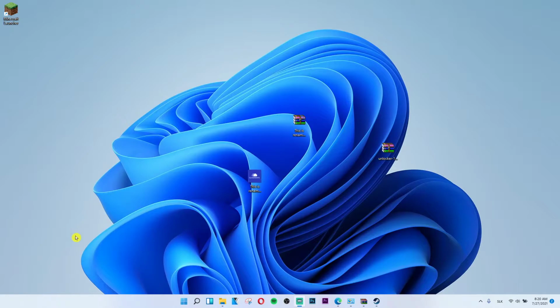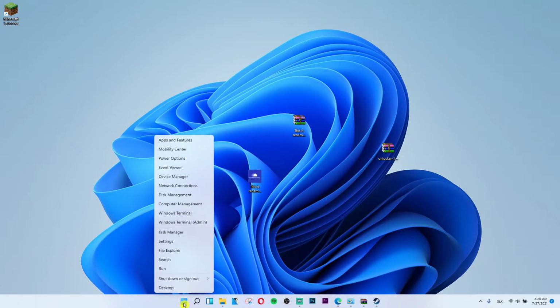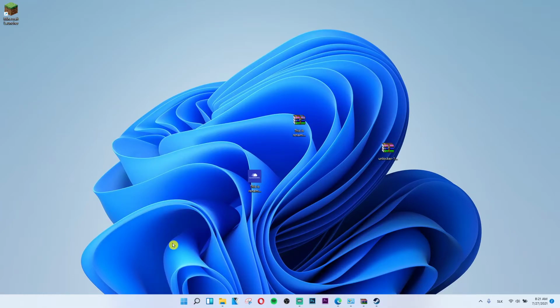So let's start. The first thing that you want to do is pretty straightforward. Go to the bottom next to the search, there is going to be a start button. Right click on the start button, and then under task manager you're going to see settings. Click on the settings,